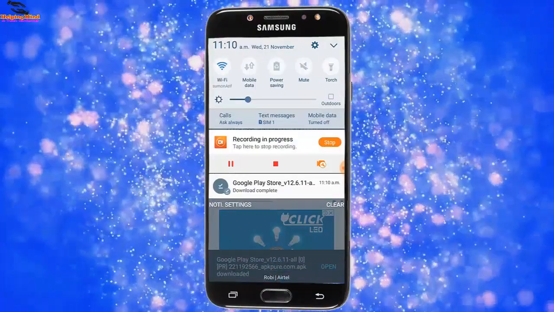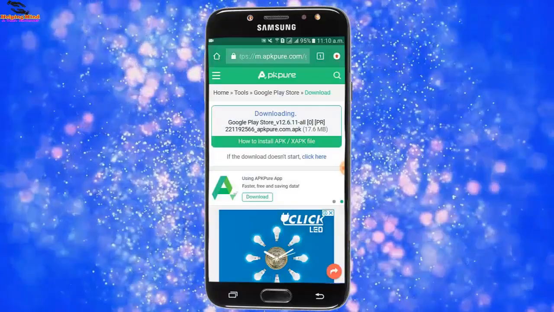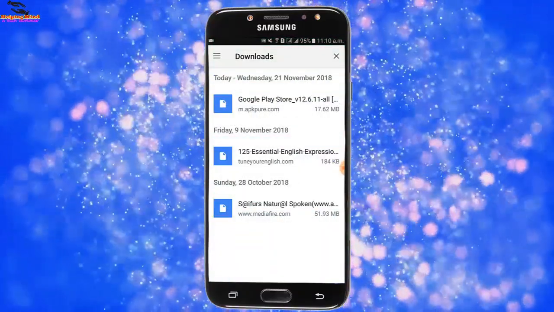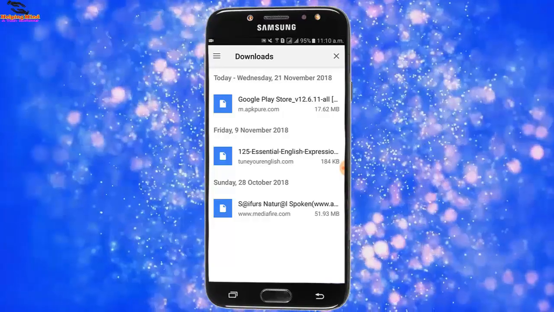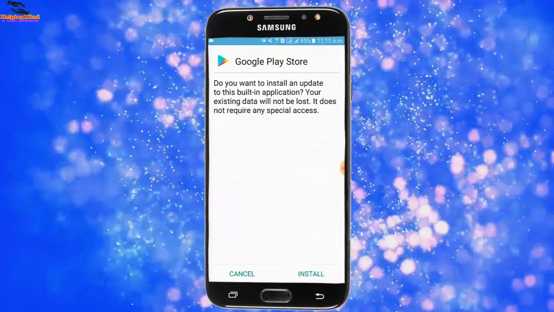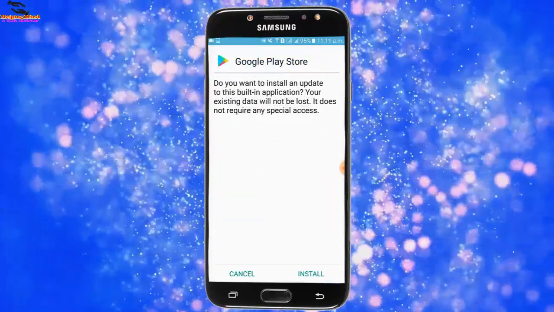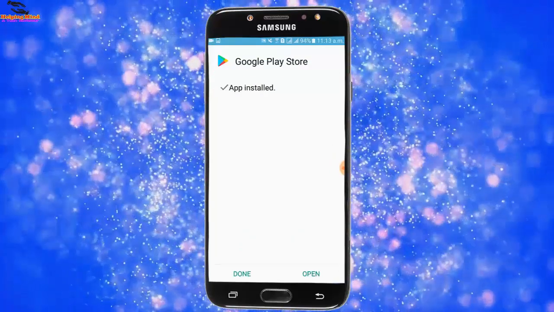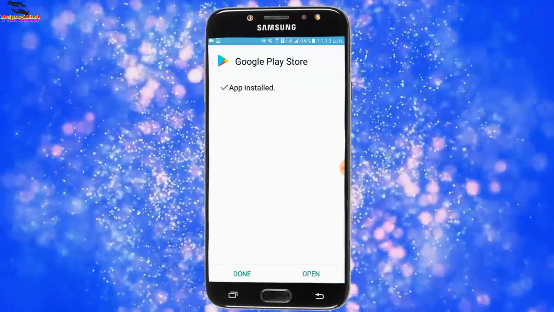Now I will tap on the downloaded file. Again I will tap on my downloaded file, Google Play Store, to install Play Store. Now I will tap on Play Store. I will skip the full process. I tap on install and it's downloaded.